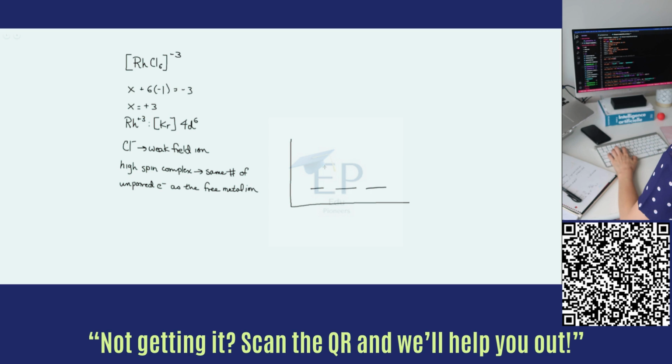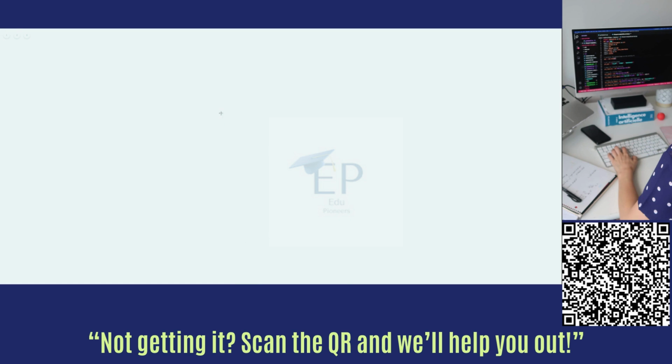1, 2, 3, 4, 5. Energy. d6: 1, 2, 3, 4, 5, and 6. So the complex has 4 unpaired electrons. 1, 2, 3, 4. All right. Next up,